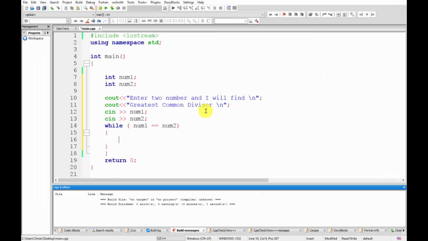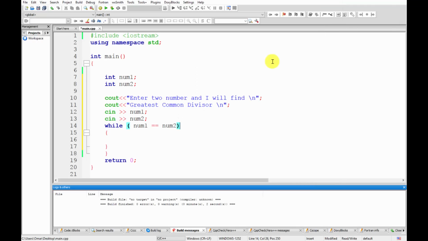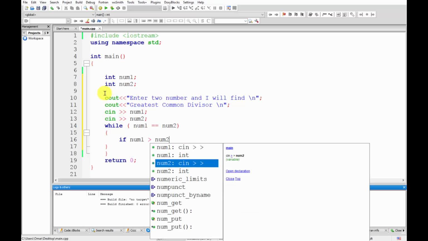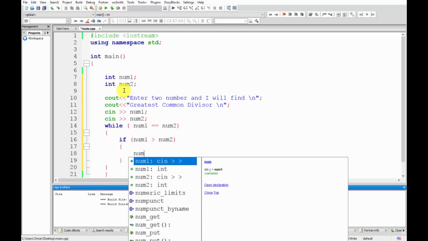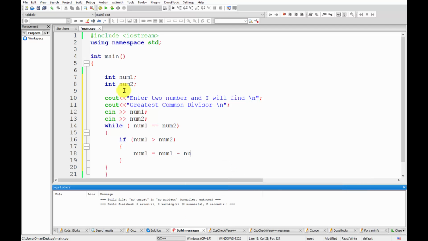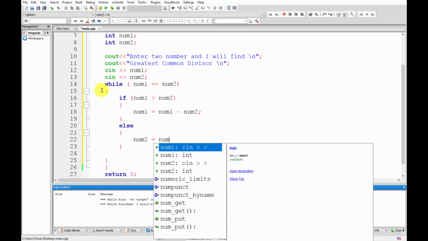So we're going to say, okay, if number1 is bigger than number2, and let's not forget the parentheses, then I would like you to make number1 equal number1 minus number2, and else we're going to say, and this one goes over there, and else, in the other case the number2 is bigger, number2 equals